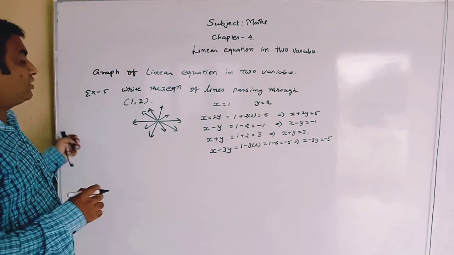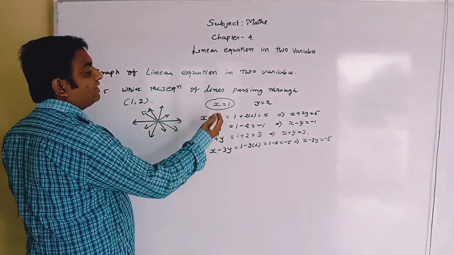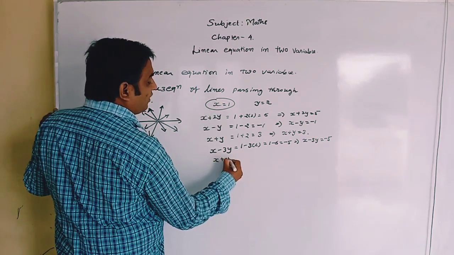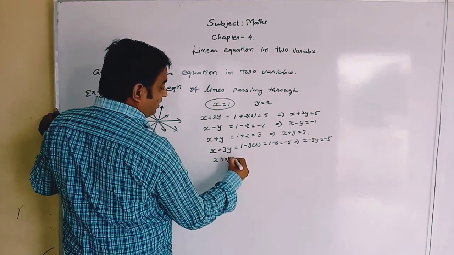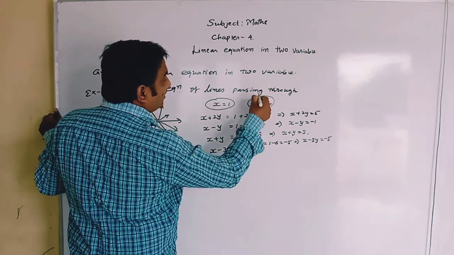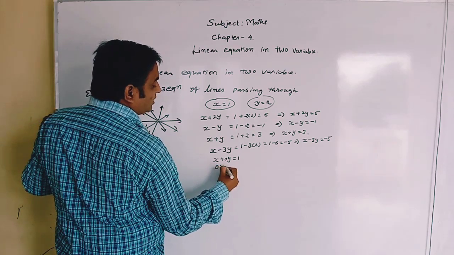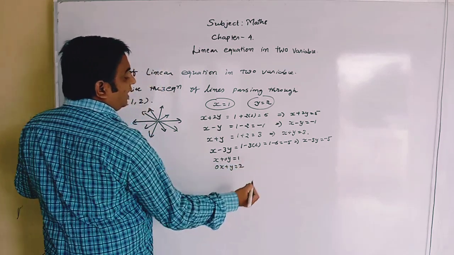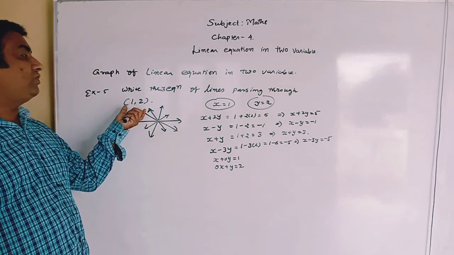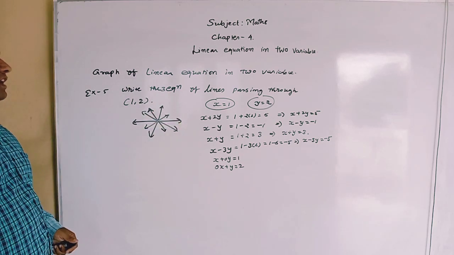Also, we can take x equals 1 as one line. We have already studied that this is one of the linear equation formats, like x plus 0y equals 1. And y equals 2 is also a line passing through (1, 2), which we can write as 0x plus y equals 2. All these equations pass through the point (1, 2), so any three equations you can write as the answer.